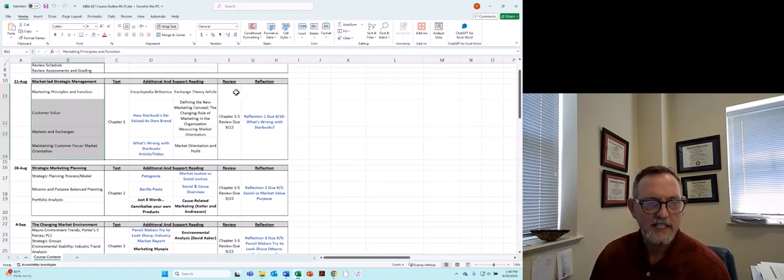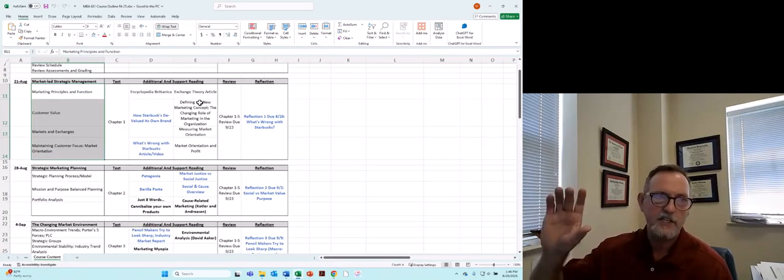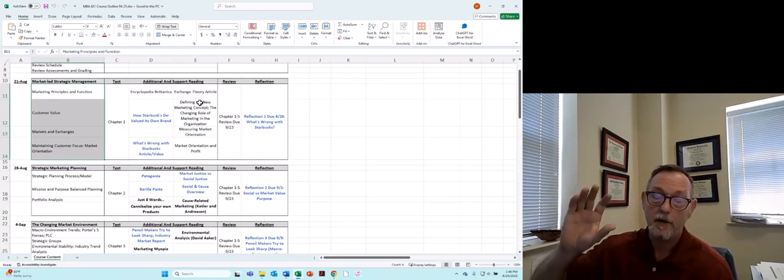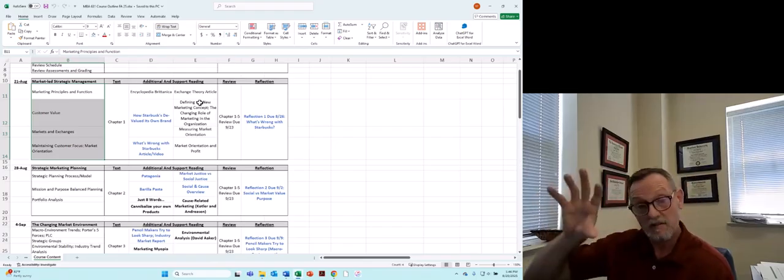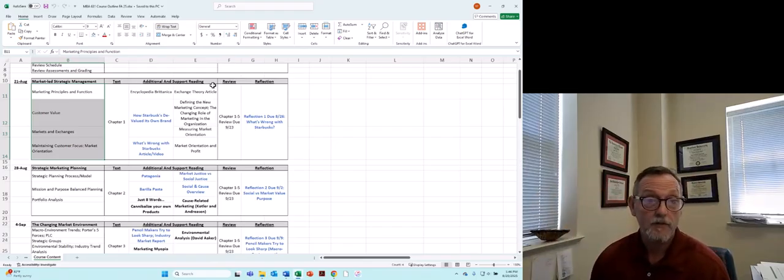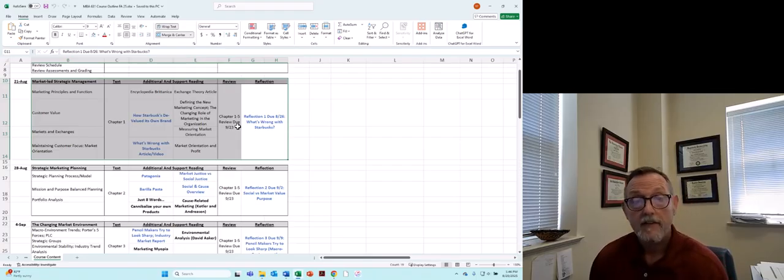But this is the content area that corresponds with Moodle, the very first section of market-led strategic management. This is kind of just an overlay of what you'd see. So it's a different view or different look of the content that we're looking at. Anything you see here should mirror fairly accurately what you have in Moodle.